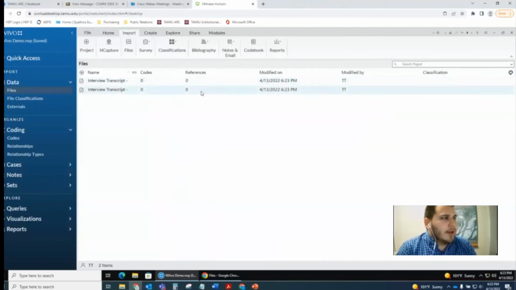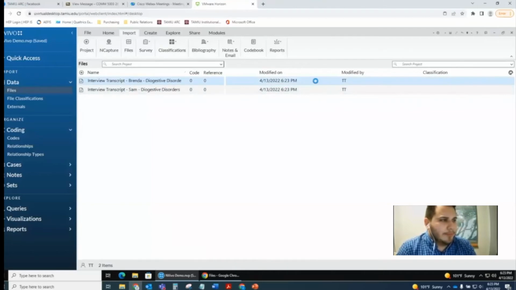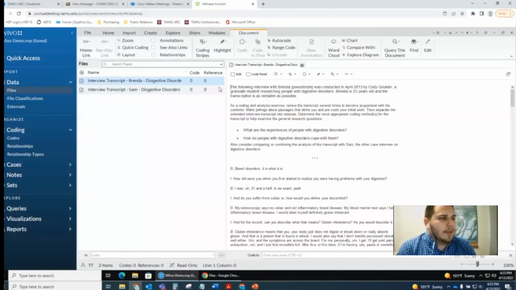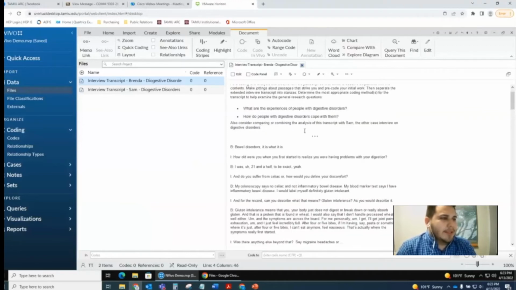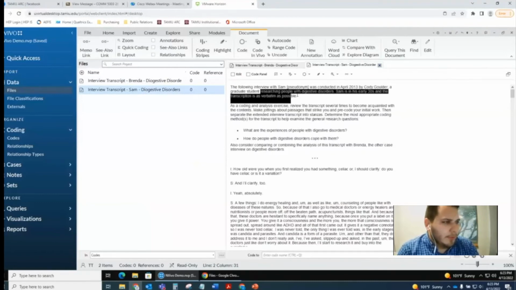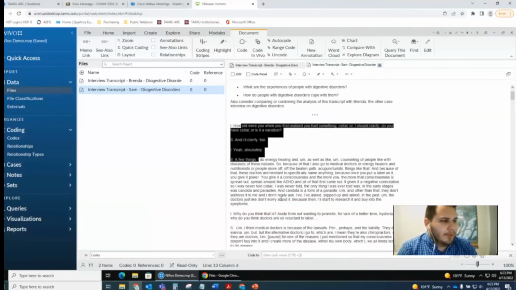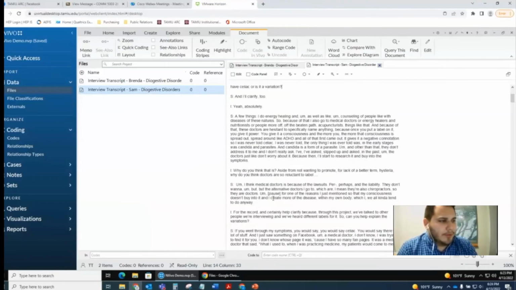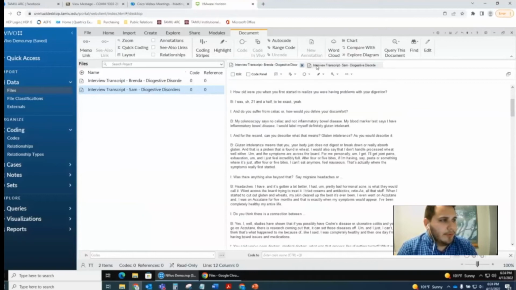and here they are. Now, if you notice here on the left side, this is where your data is. So these are your two Microsoft Word documents, or rather, your transcripts. If you click one of them, it'll open up here on the side. We have a brief description: the following interview with Brenda, which is the pseudonym, was conducted April 2013, and so on. After these asterisks, we get the actual transcript. To open the other one, which is Sam, you have the raw text from your transcript. You have both of them available to you